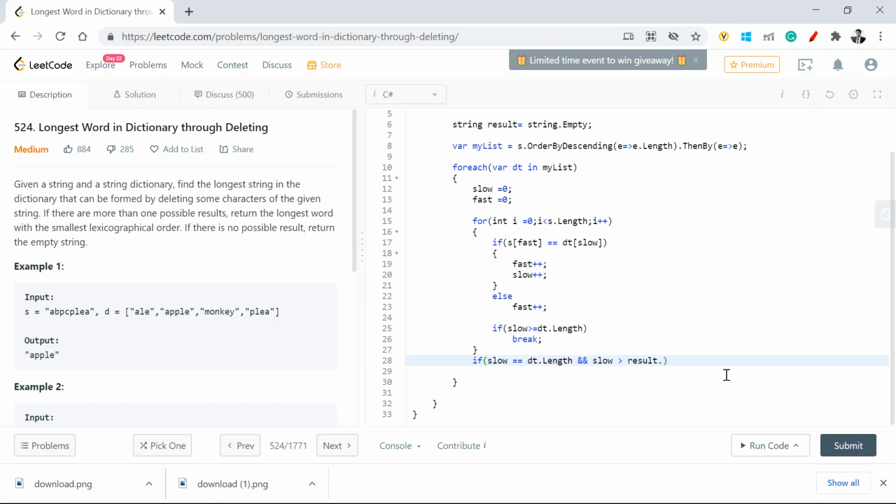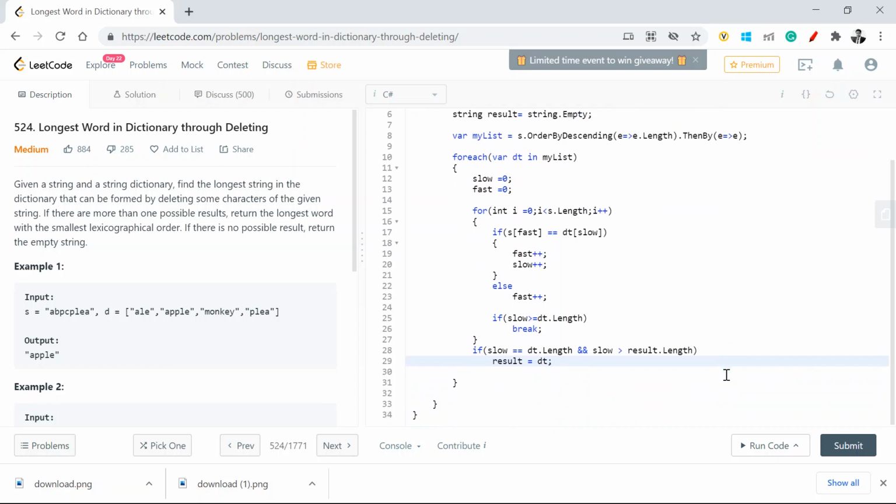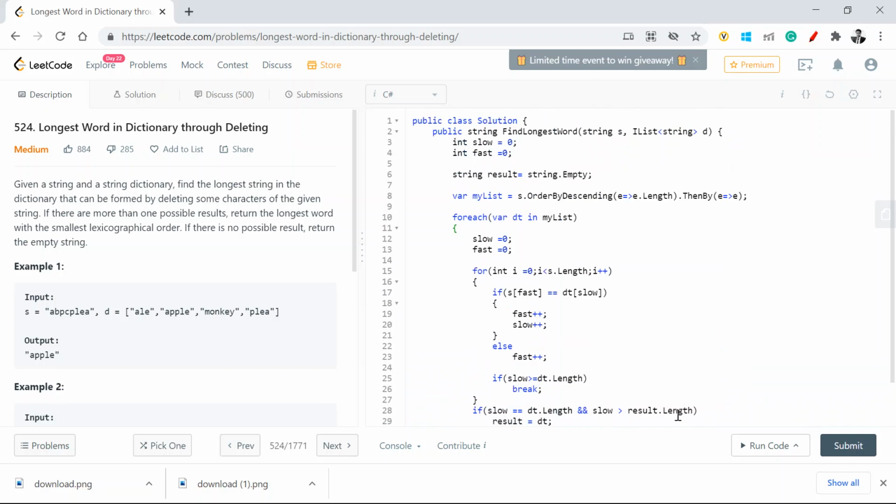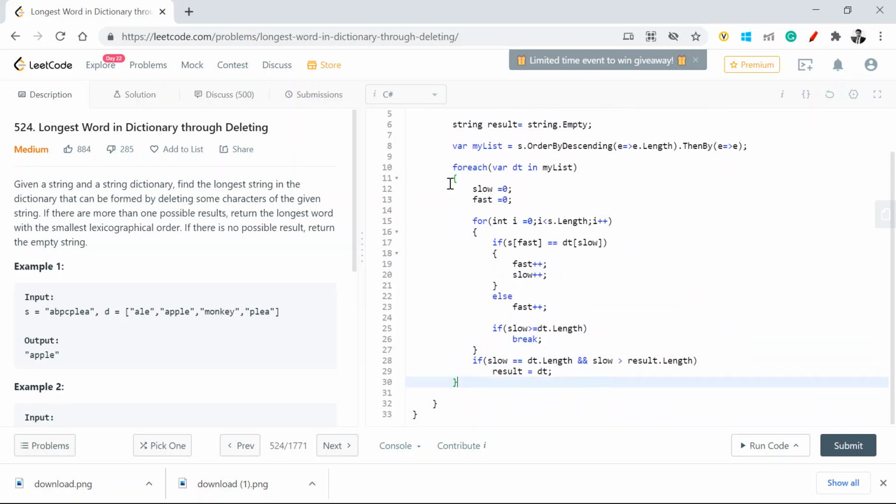If my slow is greater than longest.Length, then I'll say my result is equal to dt. This is it, guys. We don't have to do much.